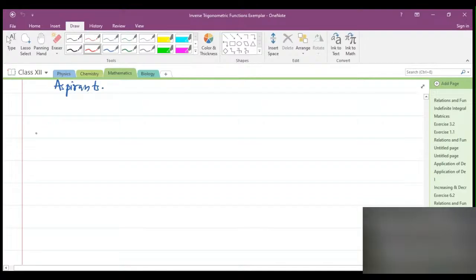Let's see the question number 18. If you have the NCERT exemplar textbook, then find out your textbook, open it and find question number 18 of inverse trigonometric functions. Let's see. In this question, we saw that